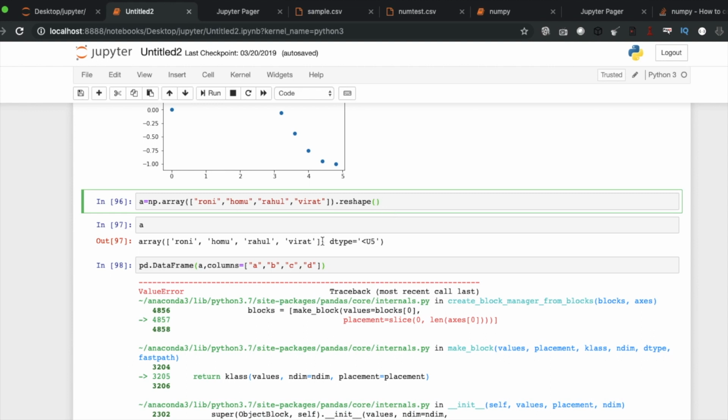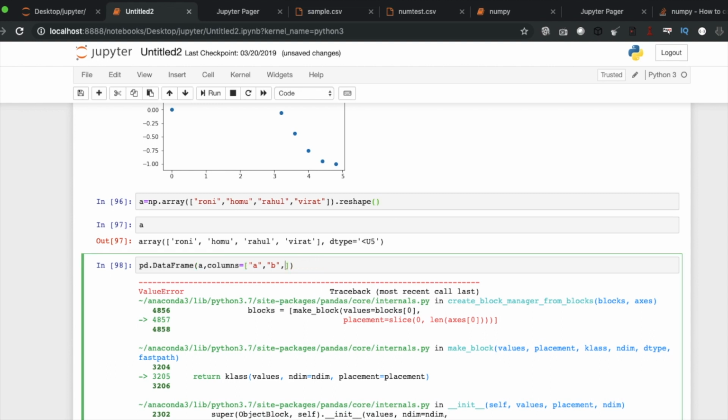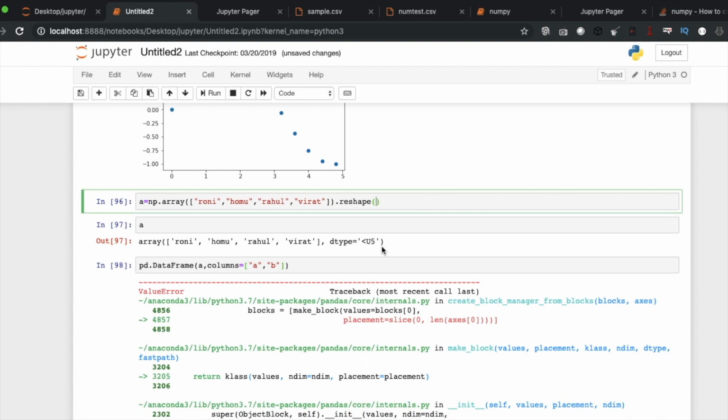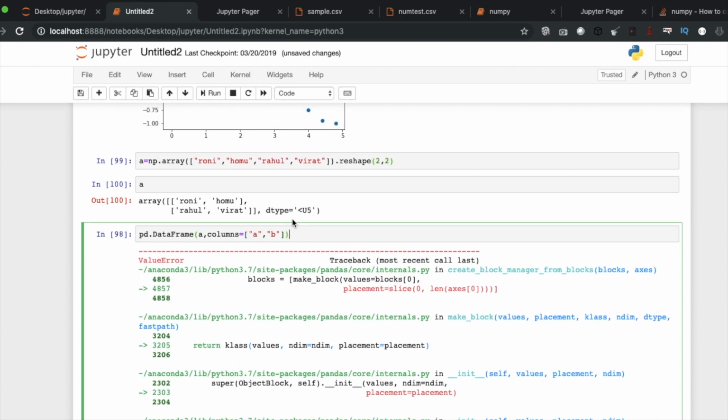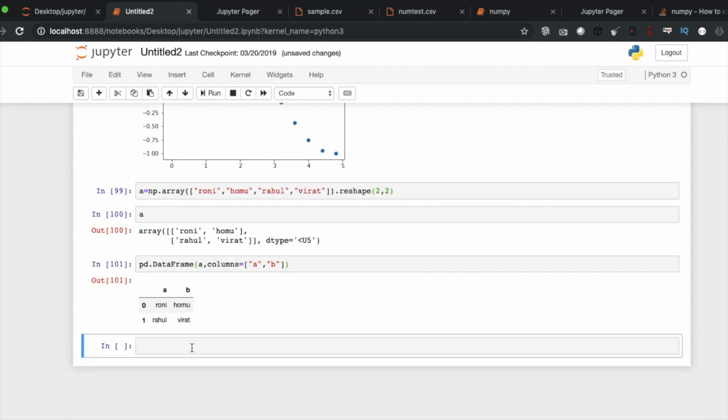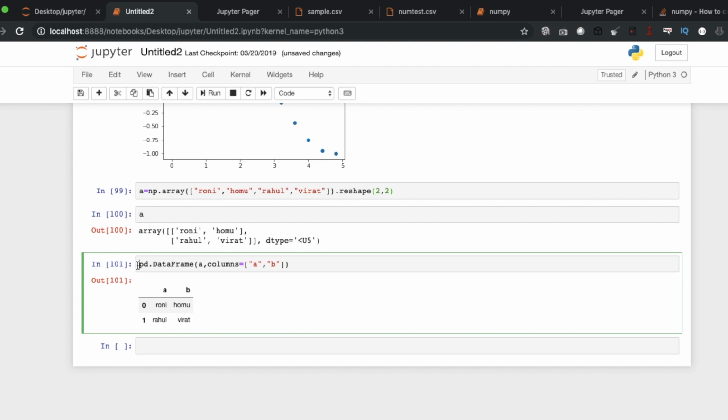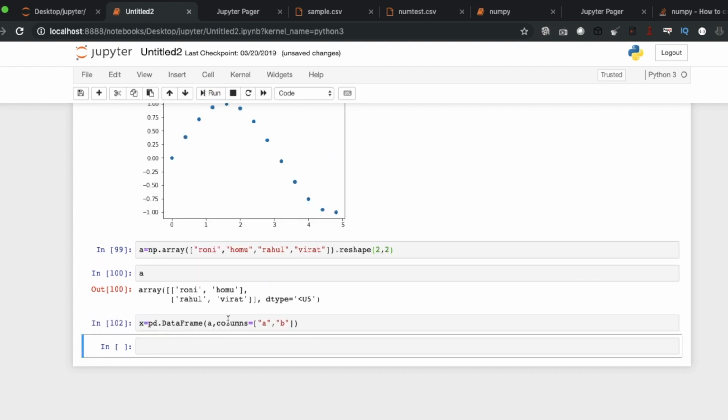Okay, let's make it 2 by 2. See, we have just created a pandas data frame from NumPy arrays, so this is quite efficient.